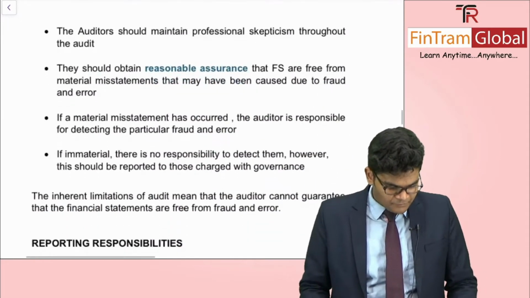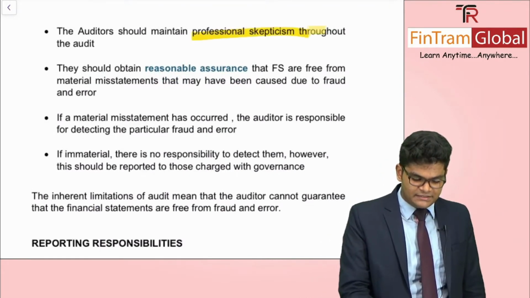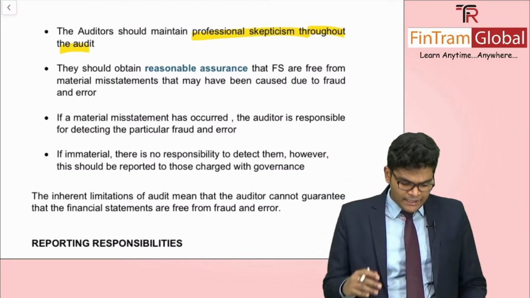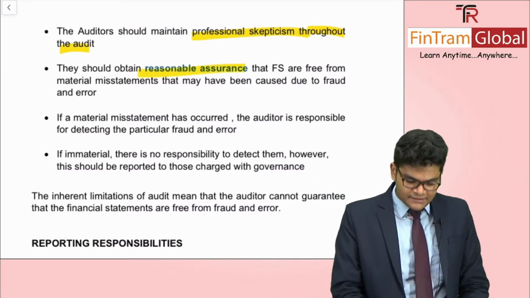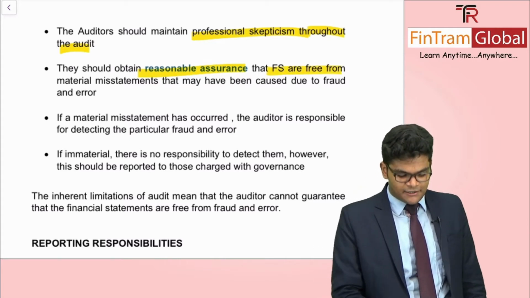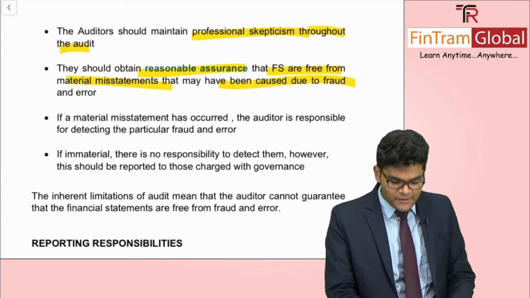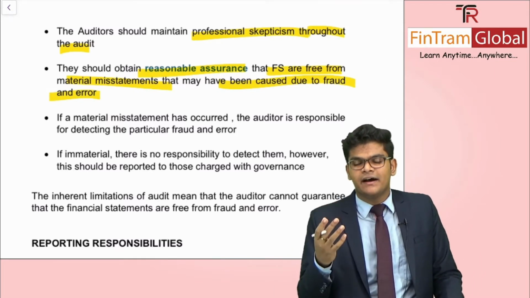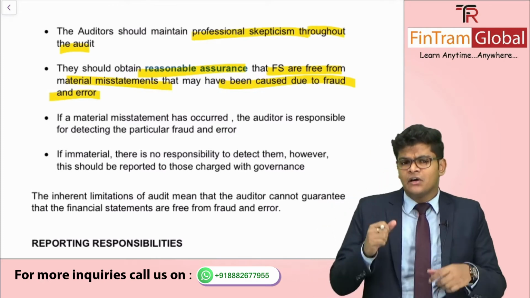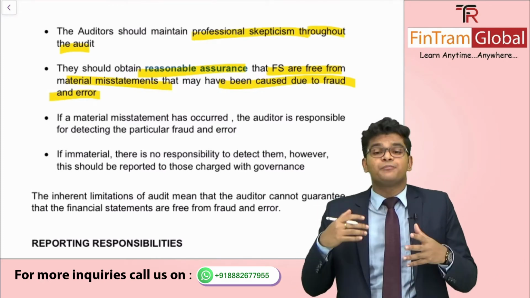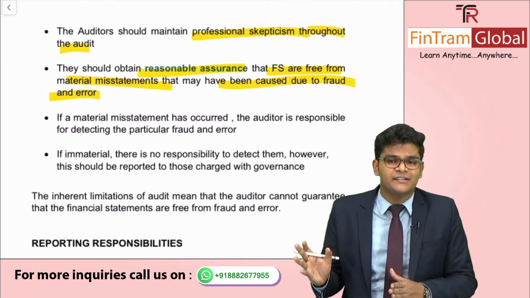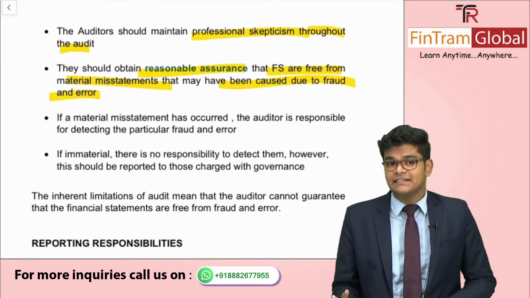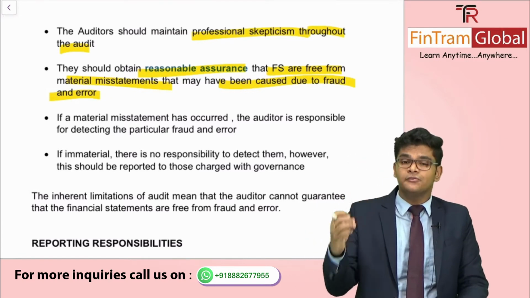Okay, folks, so keep this in mind. And secondly, the auditor should maintain professional skepticism throughout the audit, which is an obvious statement that we learned as well, isn't it? So remember that. Thirdly, they should obtain reasonable assurance that the financial statements are free from material misstatements caused due to fraud or error. That's yet again another relevant responsibility, isn't it? Because we have to provide a reasonable assurance. What is the ultimate objective of the auditor here? To provide a reasonable assurance that the financial statement is not materially misstated due to fraud or error